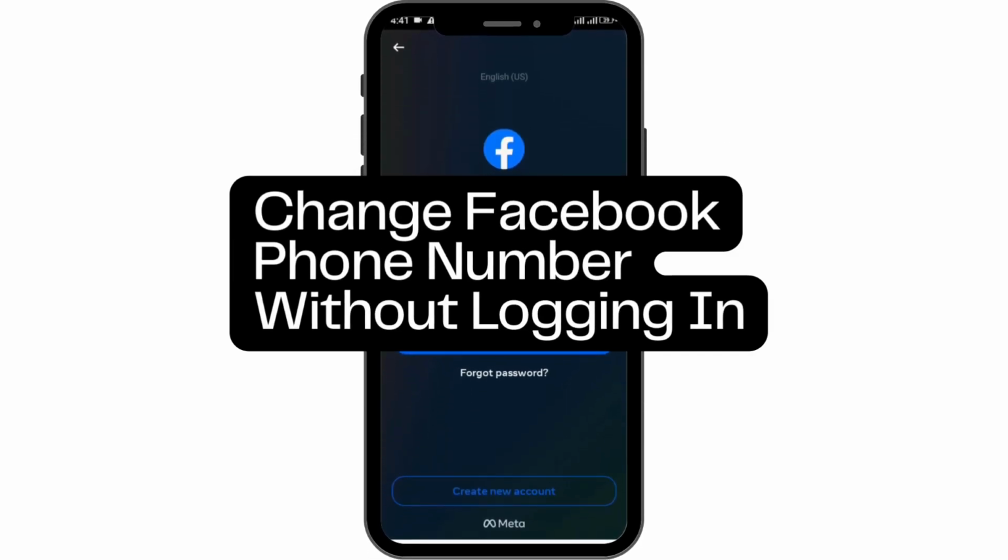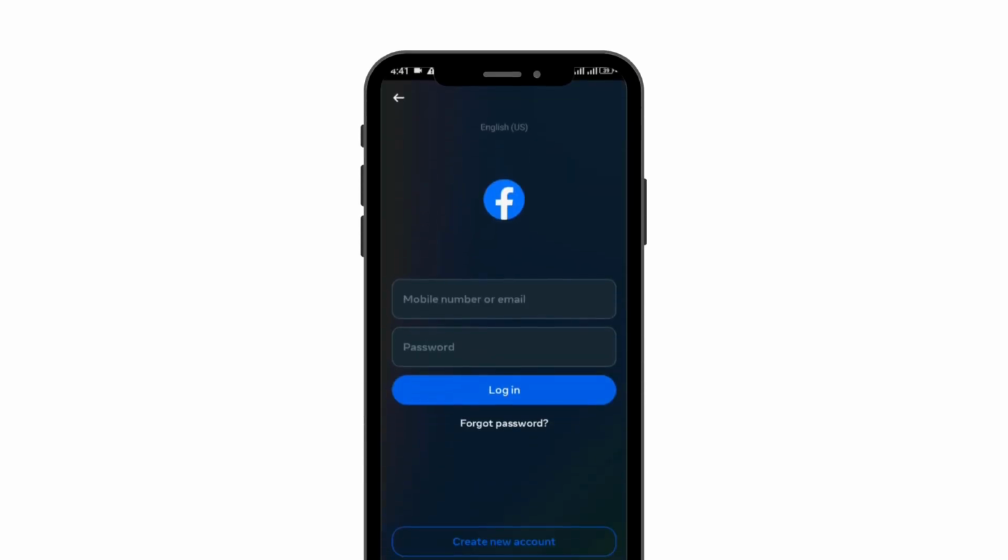How to change Facebook phone number without logging in. So if you want to change your Facebook phone number without logging in, then this video might be helpful for